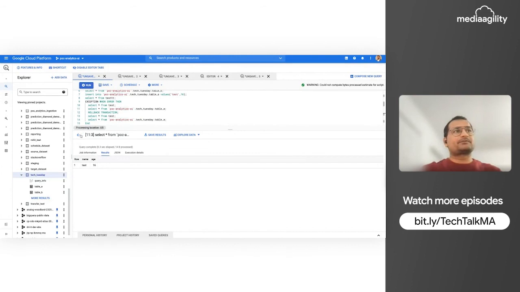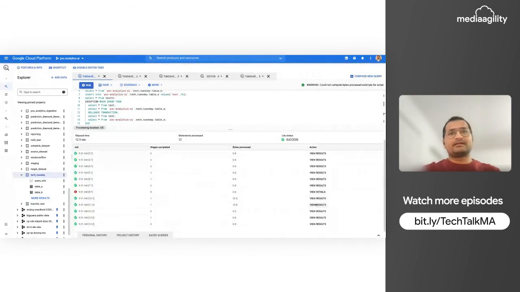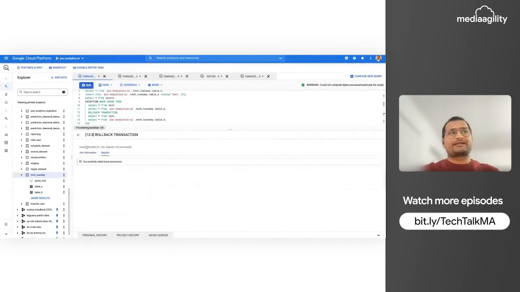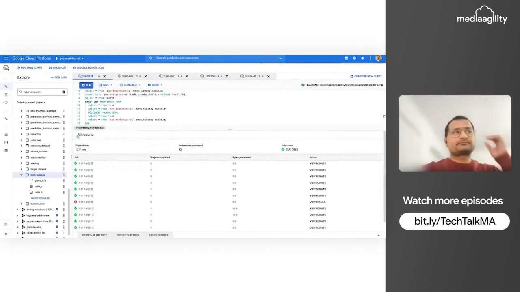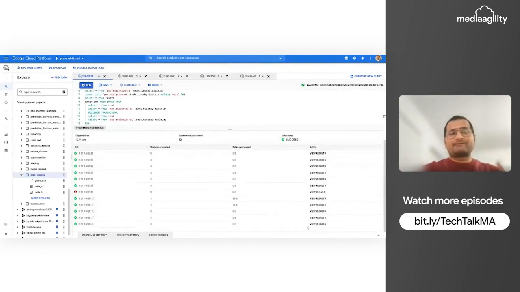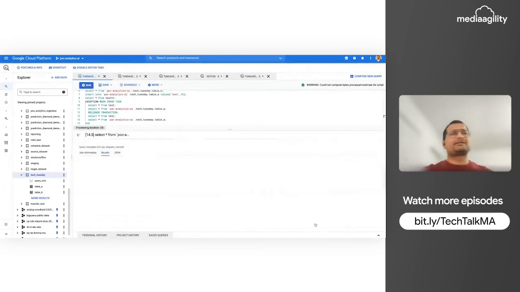Now the third statement from the last will be a rollback. Sorry, not this one. Yeah. The third statement will be a rollback. It says that, yes, this statement executed, line number 12. And you can see it from here, line number 12. And then I will see the last value because the test table is still fine. So if you see, it is showing no result, which means that the table got values inserted, but it did not show any result, meaning it got rolled back.